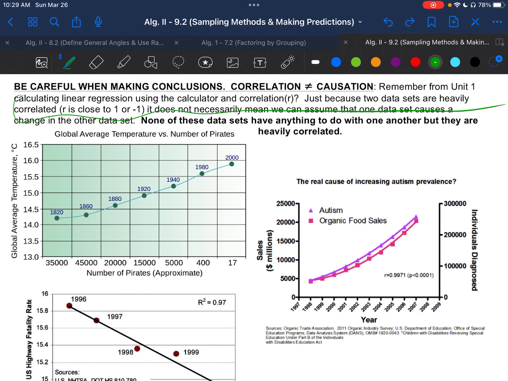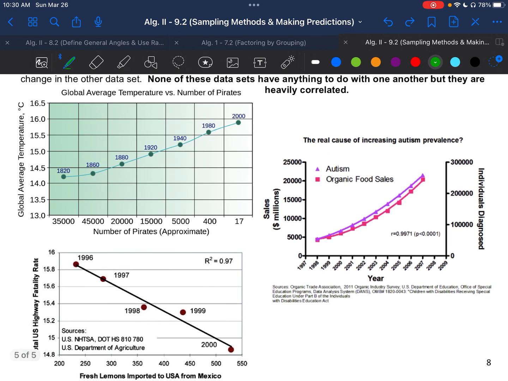Otherwise, as you know, from unit 1 in your calculator, we can talk about how linear regression and whether or not something has a strong correlation, whether or not they look to be related. Now, these three data sets have nothing to do with each other, but they look to be very heavily